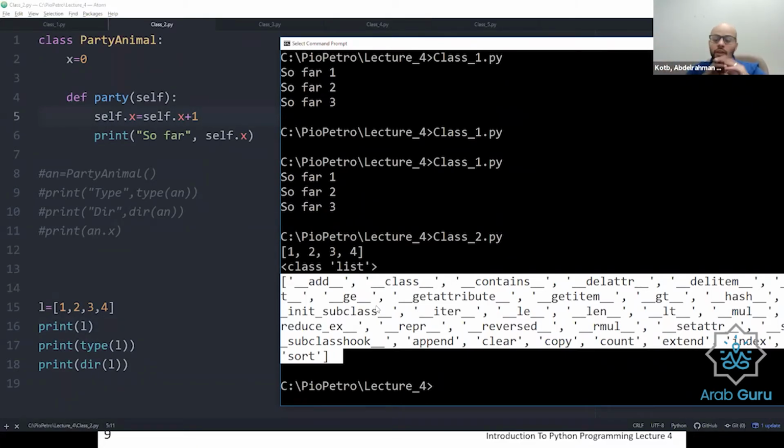You will see all these, and you can actually go and see how the list class is defined. It's a very good exercise if you want to create your own class, to go through this, to learn more about how classes are created, what to consider when you're creating classes, what some problems are that you might face. I would say this is a very good practice. Okay, so we have seen this for a list.